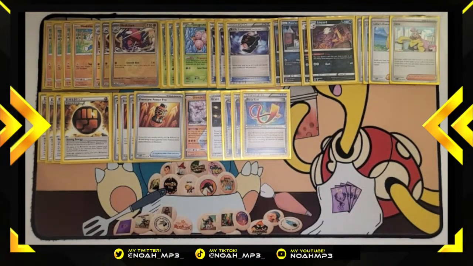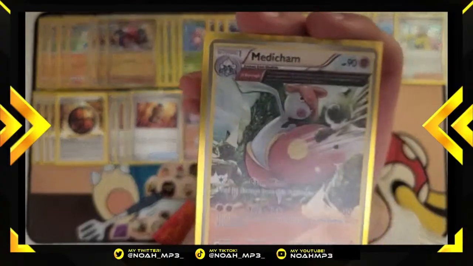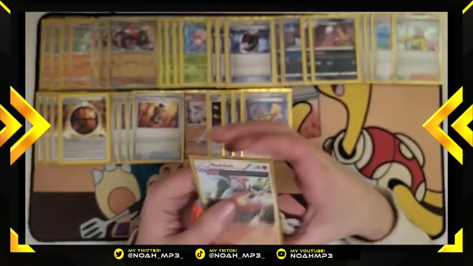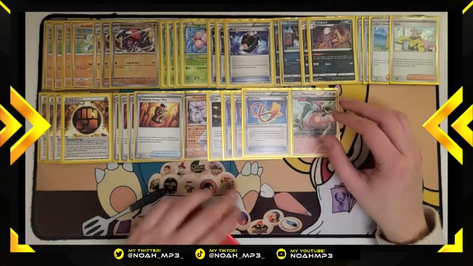And you might be wondering, like, okay, Noah, this feels a little one-dimensional. I mean, you're running a cool single prize deck. Feels a little one-dimensional. Let me tell you, there is a reason we're only running 3 of this Medicham. And that's because there's another Medicham that's also really, really cool. This Medicham has 2 useless attacks, 90 HP, but it has the ancient trait Mega Barrage, which allows us to attack twice during our turn. Attacking twice during our turn is pretty good,